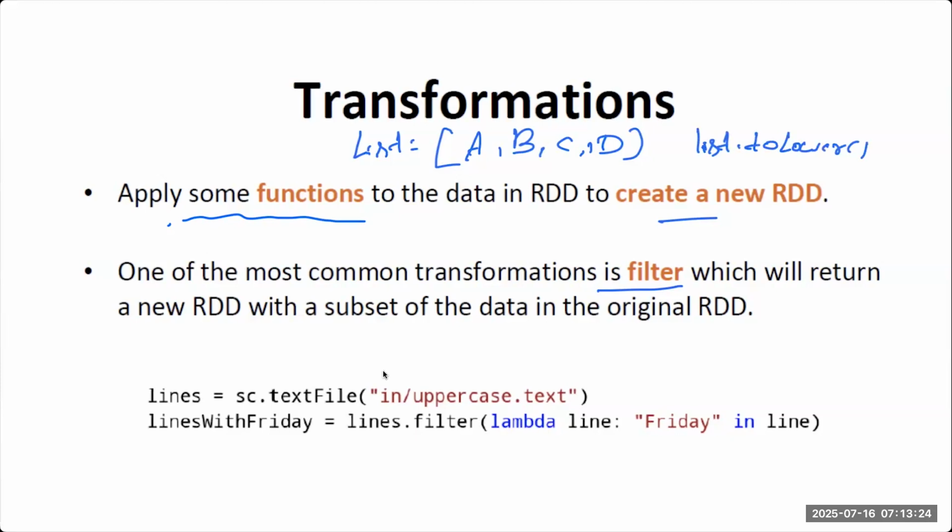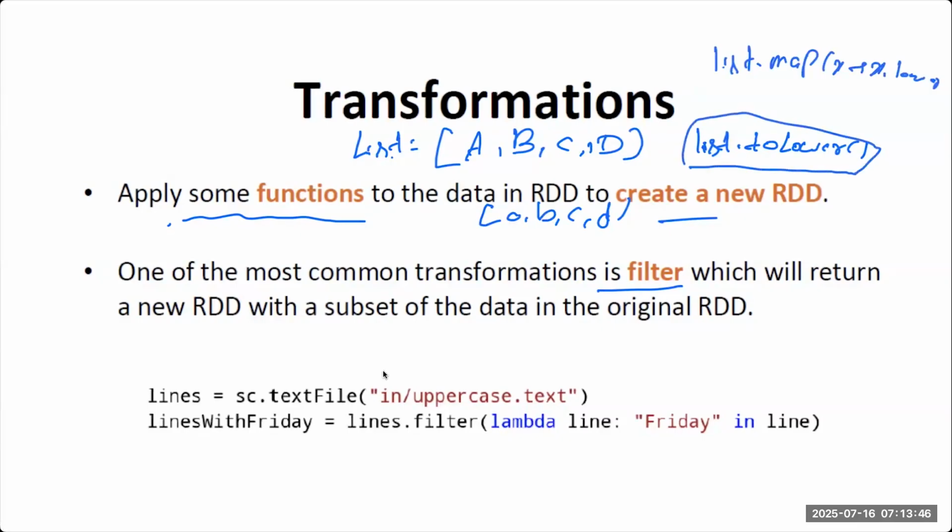Let's suppose the list is some RDD. The RDD name is list, and I write list.lower. It will return me output like a, b, c, d. The proper way would be list.map(x => x.lower), but I'm just speaking at a high level. So a transformation is when you want to transform intermediate data to some other data, then we use this on the RDD.